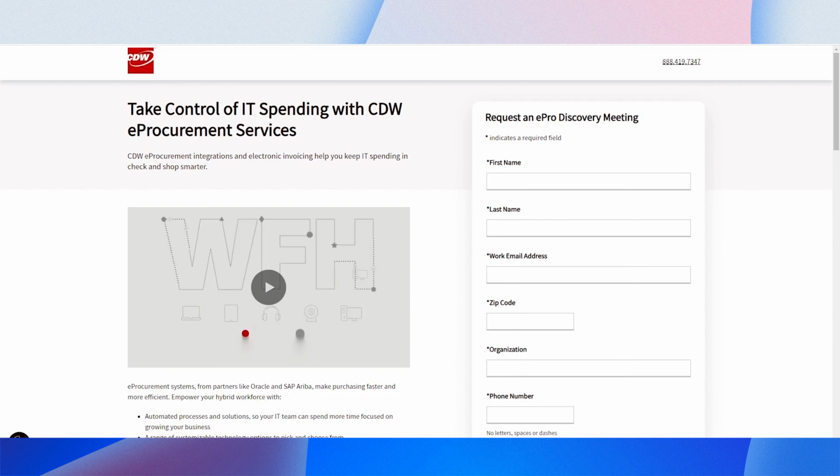Hello everybody, my name is Neil Layumis and I'm here to provide a demo of CDW's eProcurement solution for IT asset management with ServiceNow. This solution helps automate the procurement process when ordering new assets through CDW, allowing you to view and submit orders through ServiceNow to generate a purchase order and quote, as well as see the advanced shipping